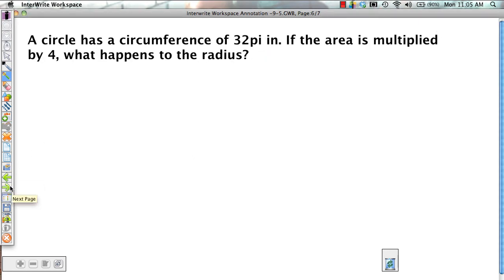Let's take a look at another one. Here, we're given a circle has a circumference of 32 pi inches. If the area is multiplied by 4, what happens to the radius? Well, we could show this by using our formulas. We're given a circumference. We can find the radius. So circumference is 2 pi r, and I chose radius because we are dealing with area, and area does not use the diameter. So now if we substitute in,